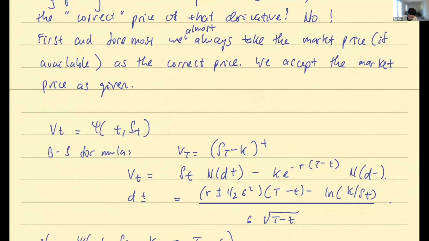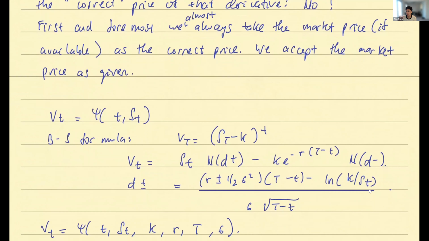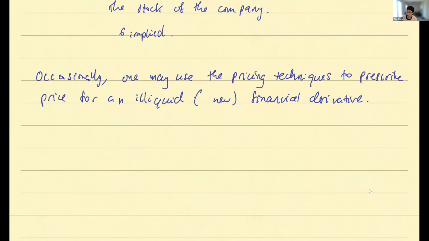But, for example, right, there are some products that are not sold on the market. For example, a client can come to a bank and say, I want to buy a new product, okay, some exotic option that is not being sold. That's why they come to the bank, for example, in the first place. So then the bank, right, if they want to sell this to the client, then they must come up with a price,